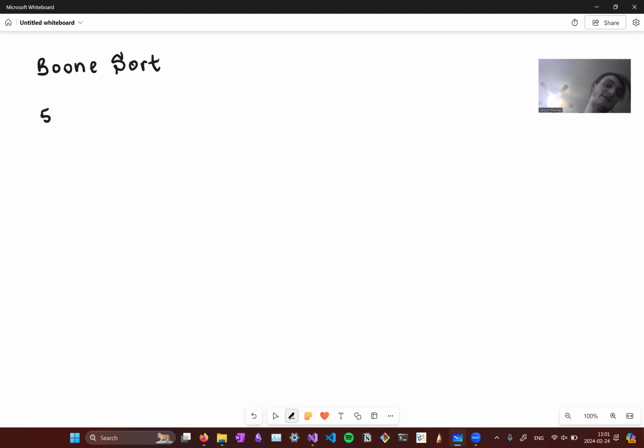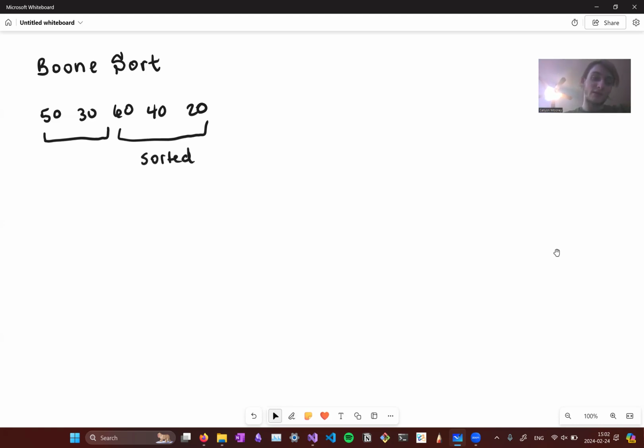So we have some data: 50, 30, 60, 40, 20. For most of our sorts, we've been saying over here is the sorted data, and over here on the right is the unsorted data. Boone sort says we'll put the sorted data on the right and we'll put the unsorted on the left. And so the way that Boone sort accomplishes this, if my understanding is correct, is,